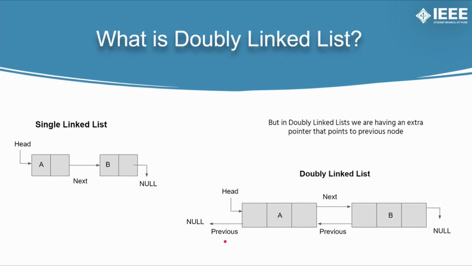So we have some advantages and disadvantages of doubly linked list as compared to single linked list. As we have a previous pointer, which is an extra pointer, the insertion and deletion operations in doubly linked list are more efficient as compared to single linked list. The biggest disadvantage of a doubly linked list is that we have to modify previous pointers along with the next pointers when we perform some operations. So while coding a particular linked list, we'll experience that we have to perform some more operations, as we have to initialize or provide new values to the previous pointers as well.